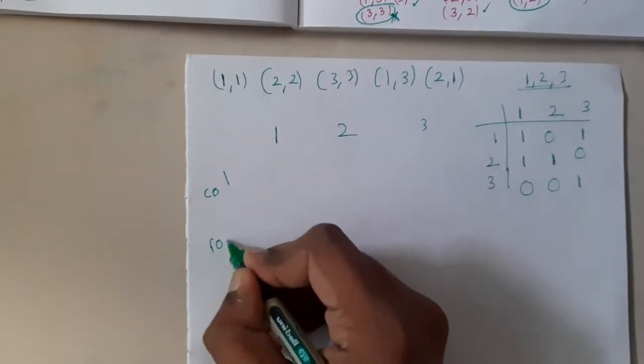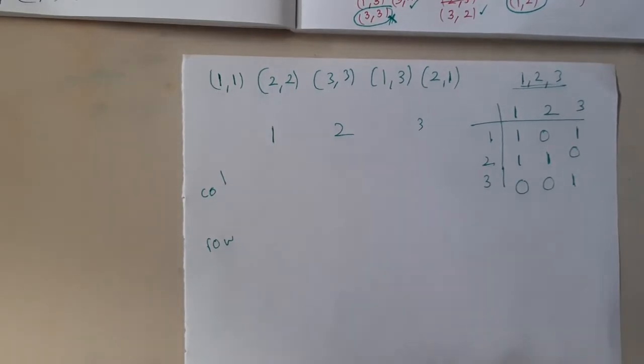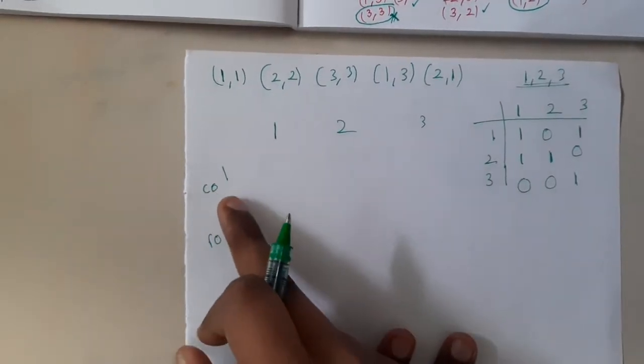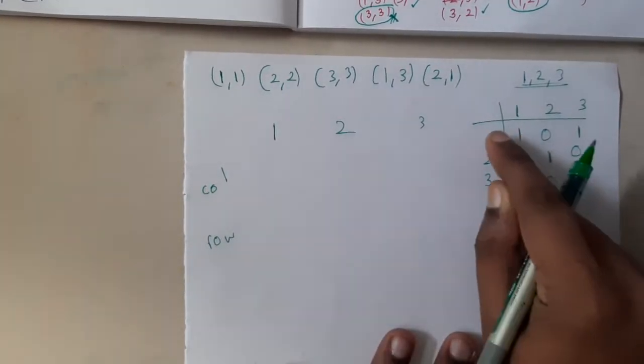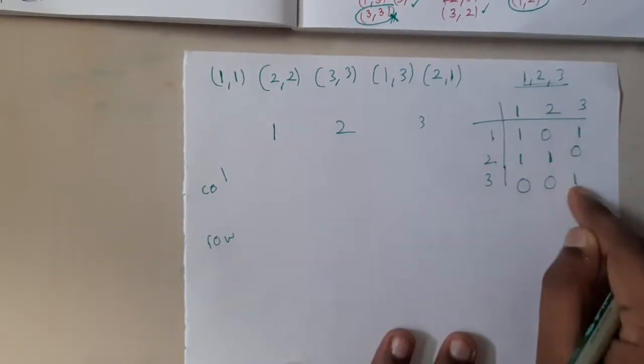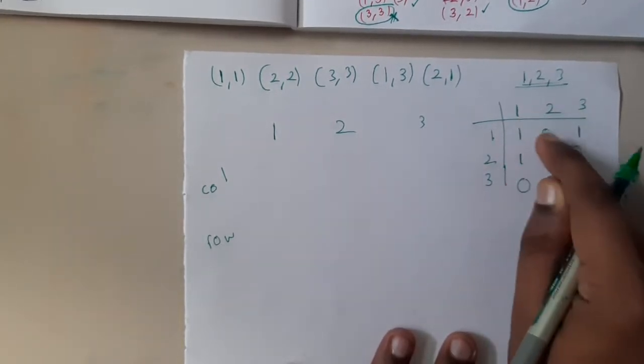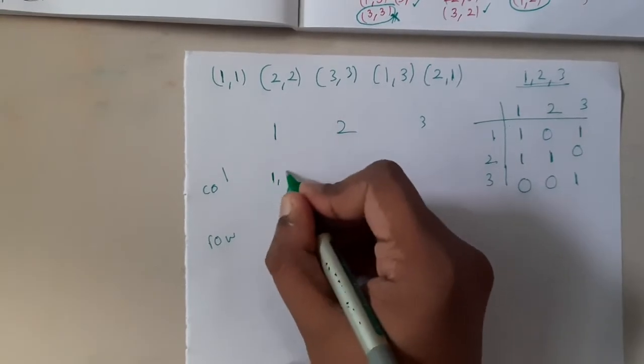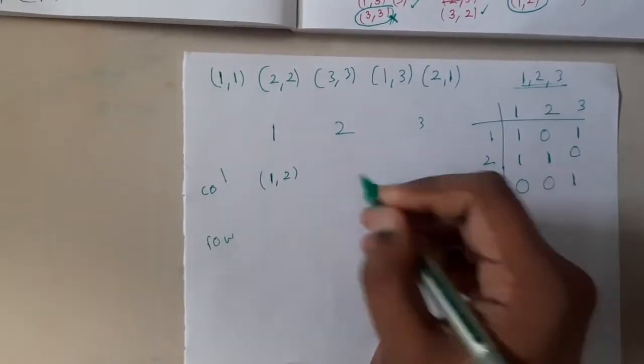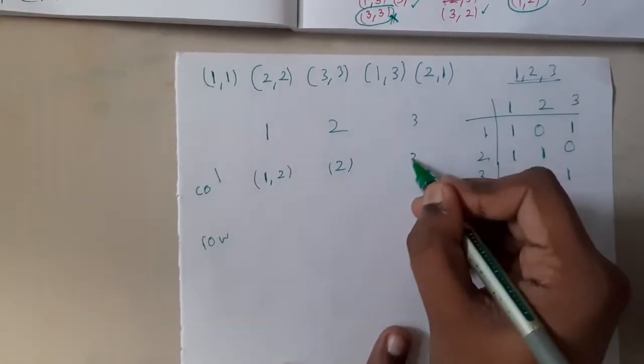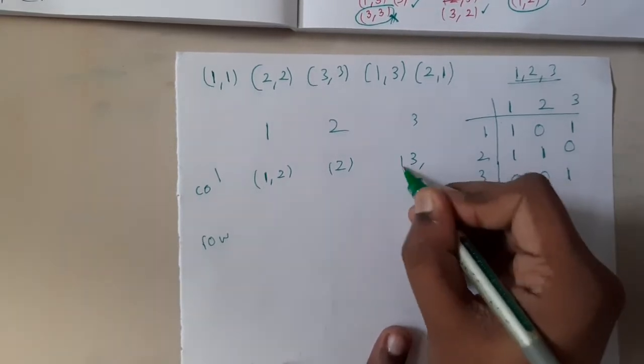Write them down far from each other, and write column and row here. So here we are drawing a small table, guys. What are the items in the column? So this is row and this is column. In column, how many ones are there? At 1, what location? At 1 and 2. So just write down those locations 1 and 2. Here it is only at 2. Here it is at 3, and 1 and 3.